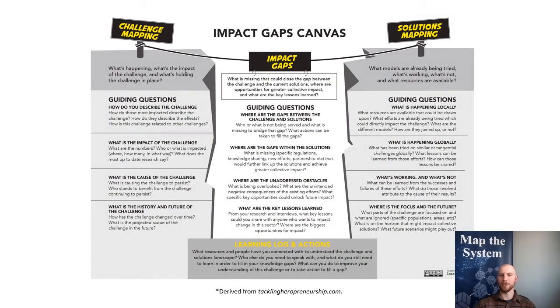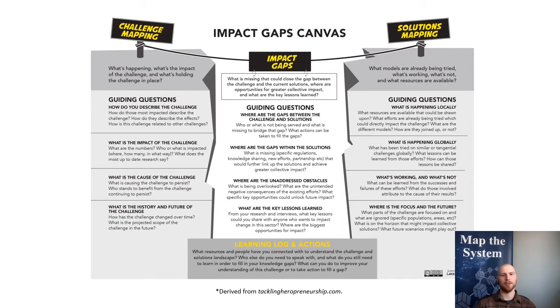Now, once again, given where we are currently at in the competition, I imagine many of you have already selected your topics, clarified your purpose, and outlined guiding questions for your projects. However, I'd like to take a moment to highlight a useful tool that can be of great use in guiding and orienting you through Map the System, namely the Impact Gaps Canvas. Derived from the research of Daniela Papi-Thornton, it can be used by anyone who wants to understand the landscape of a problem and possibly some paths to potential solutions.